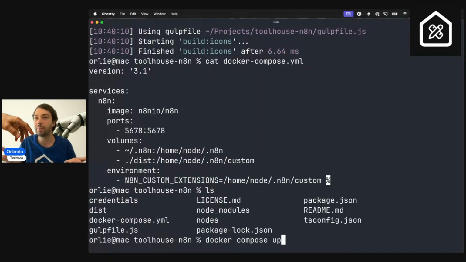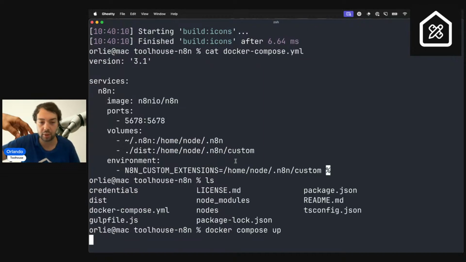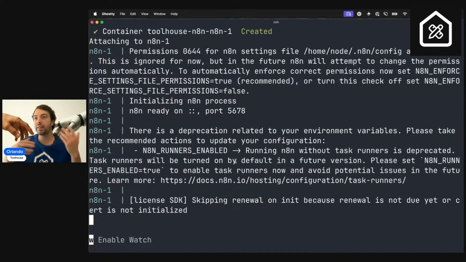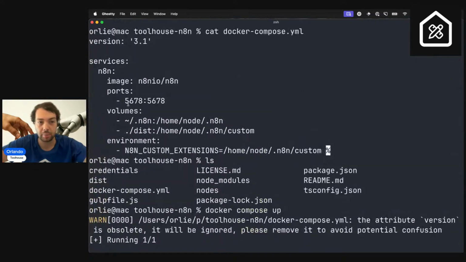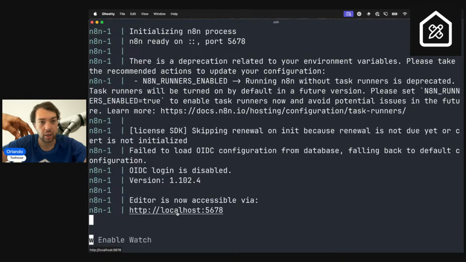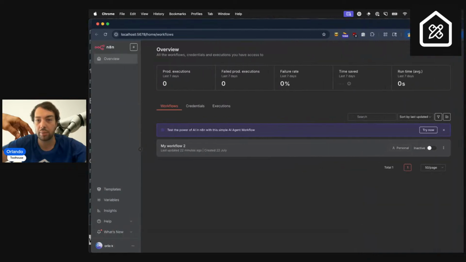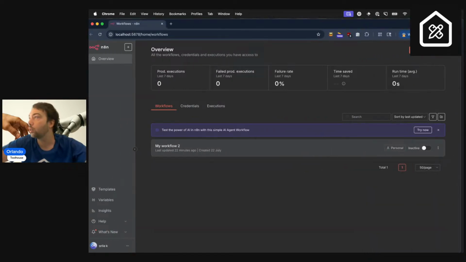All right. So now that we know what this file does, we won't be afraid of running the command, which is docker compose up. Once you do that, it's going to take a couple of seconds or maybe more, depending on your internet speed, depending on your computer. And then at the end of the whole thing, it's going to have you go to localhost 5678 because, remember, we specified to map the default port with the local port here. And I'm going to do that and drag it over here to this monitor here. And now you can see that